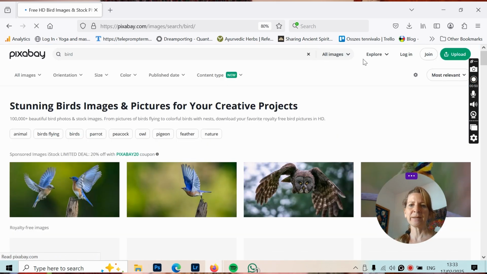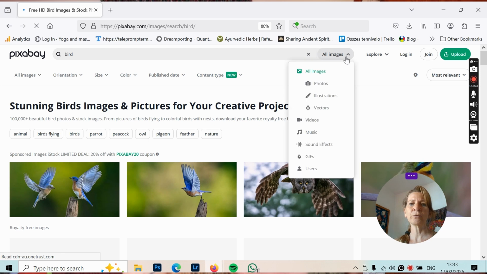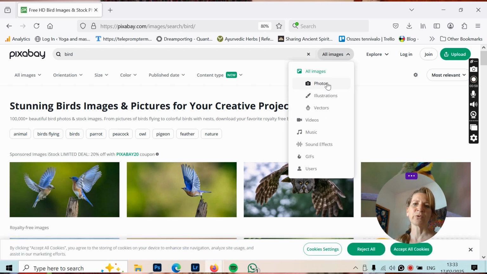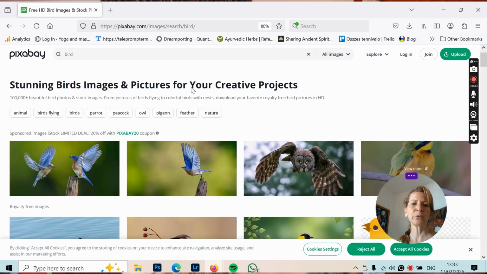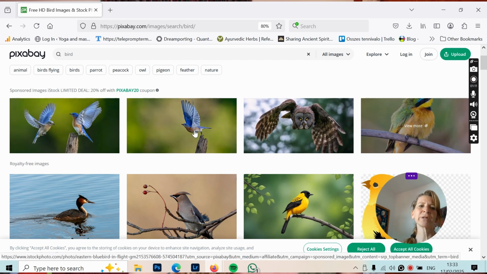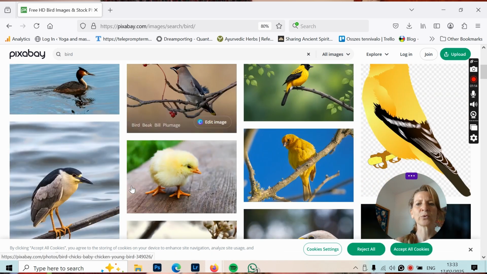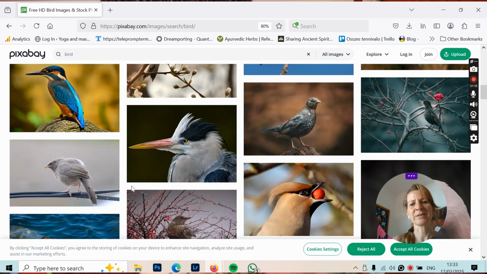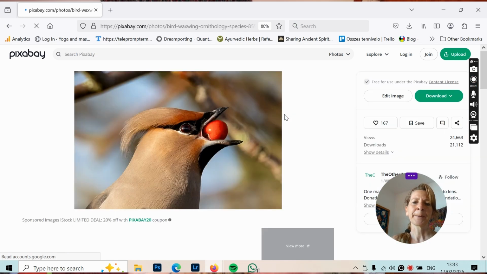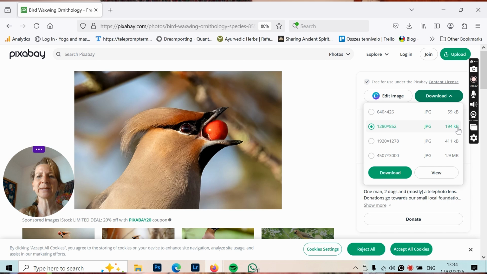I need a picture of a bird. And you can click that you want all of the images, photos, illustrations, vectors, or you can choose just the photos, just the illustrations, or even find a video. When you have your pictures, the first line is normally pictures you have to pay for, but the rest is all royalty-free images, and there is a huge selection. Let's say I like this picture. You just say download, and it immediately offers you a quite good quality picture,